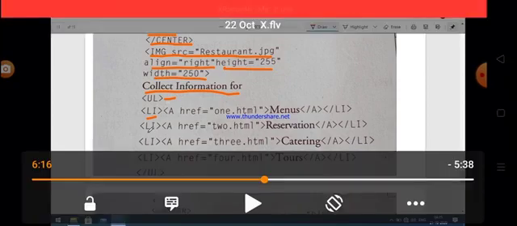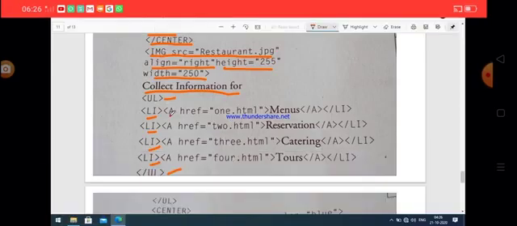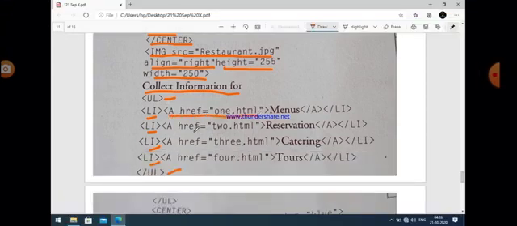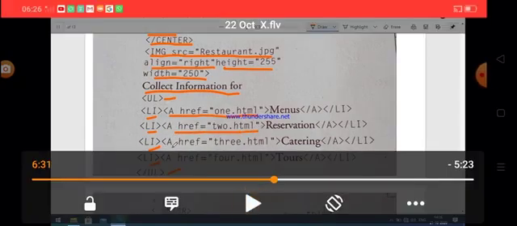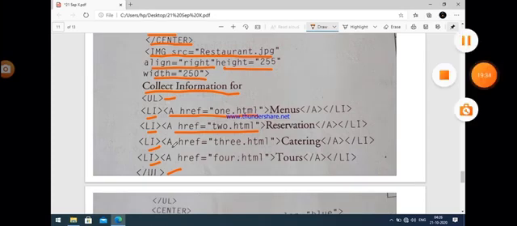Now you can easily see here that different links and different list items are given, and these are defined under the ul tag, unordered list, and these are the links. The links are 1.html, 2.html, 3.html and 4.html. So we write inside the li tag: a href 1.html, a href 2.html, a href 3.html and a href 4.html.